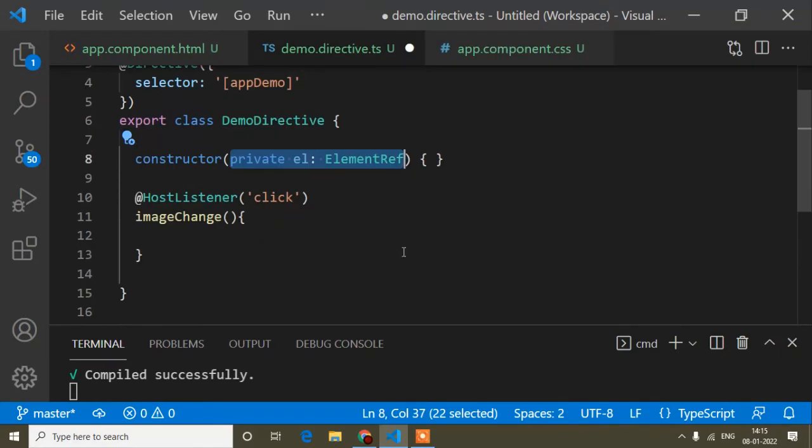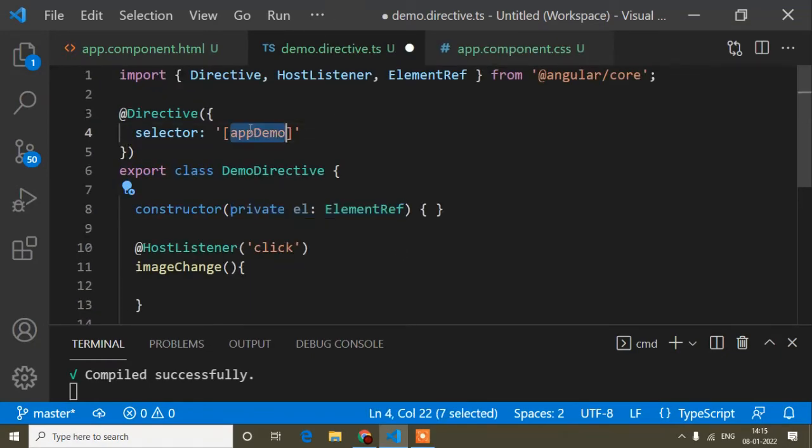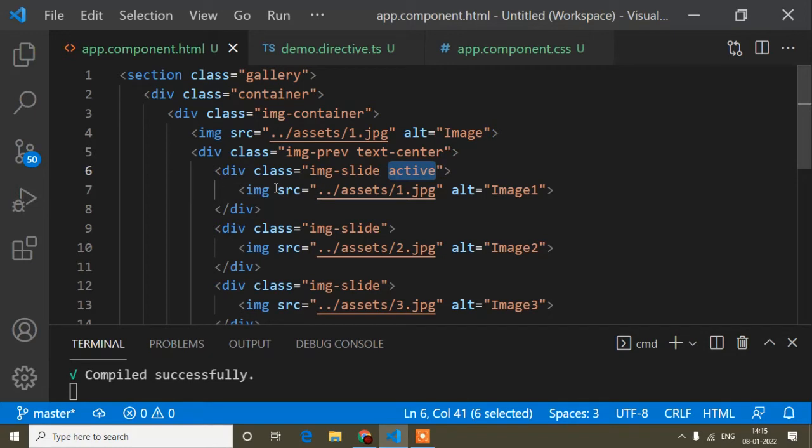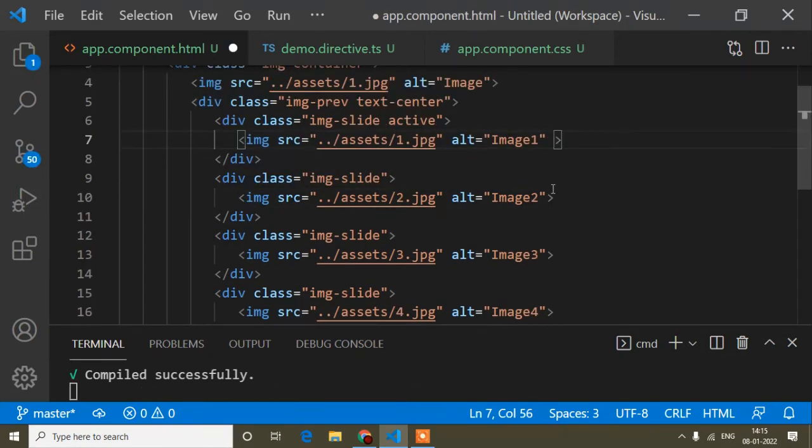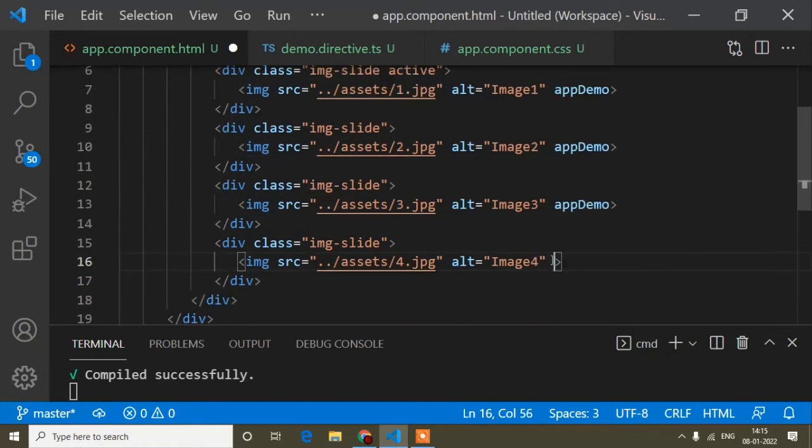Now guys, I will copy the directive selector here, and paste it on every image, like this, you can see.